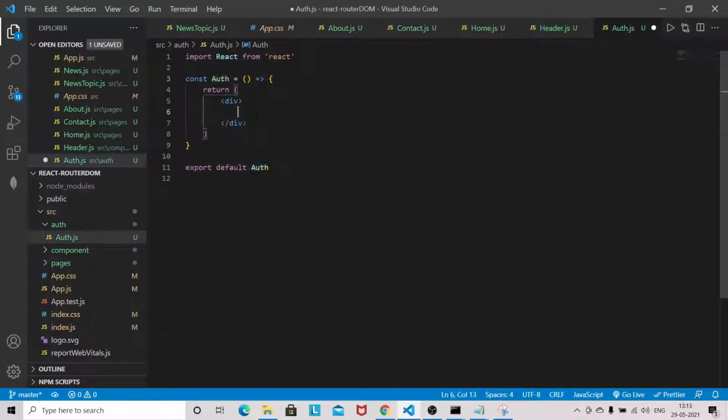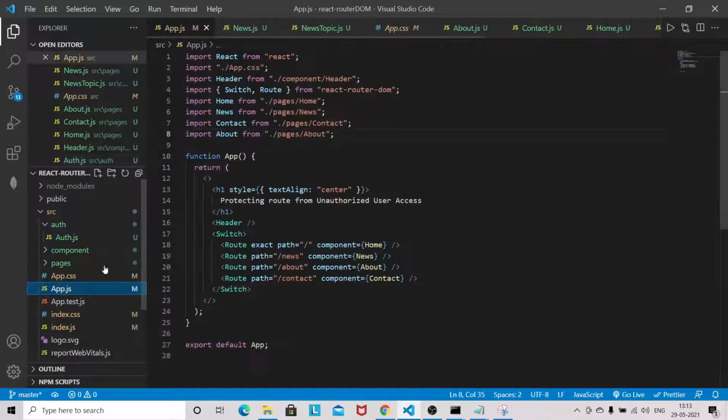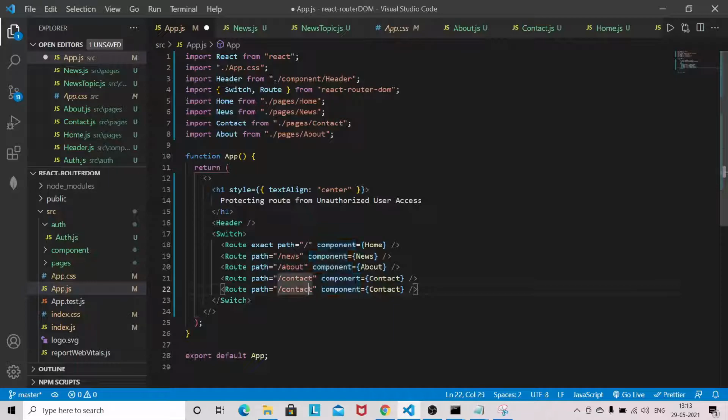Just quickly register this component with the auth route. So I will give the auth name, come back here, copy this one, and give auth, and this will be changed to the auth component.